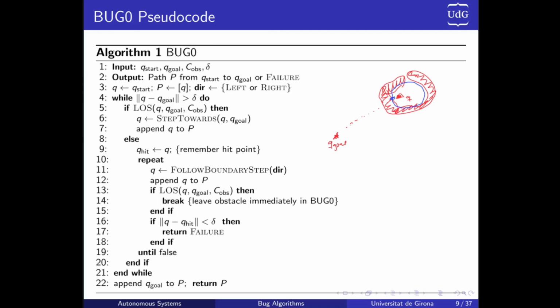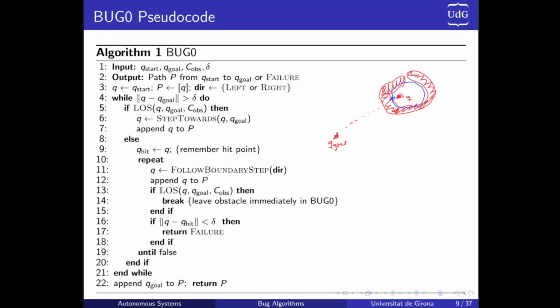And this will be continuing forever, except for two things. One, that we reach exactly the same position, then the current position is equal to the hit position minus the delta. Here is where you have to be careful if you want to implement that. If this delta is too big, the first time that you move, you will be inside delta, and then the first time it will tell you that you are in the same position. You have to manage that, okay? Here I just put a very simple version of the code, but this is something for you to fix, let's say. Maybe just having two different deltas is more